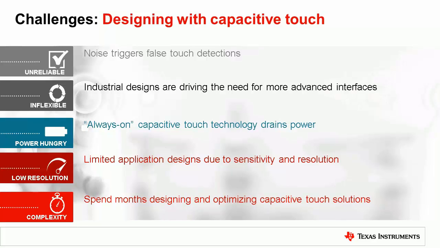I'm sure many of the folks on the phone and on the webinar here today obviously have heard of capacitive type technology and its use in HMI applications. But at the same time, we don't see it in all the different products today. Part of the reason is there are some inherent barriers to the technology, and these are some of the things we want to talk about today.